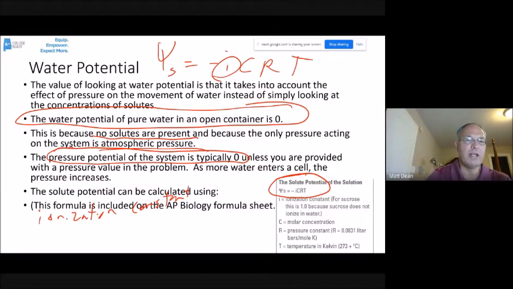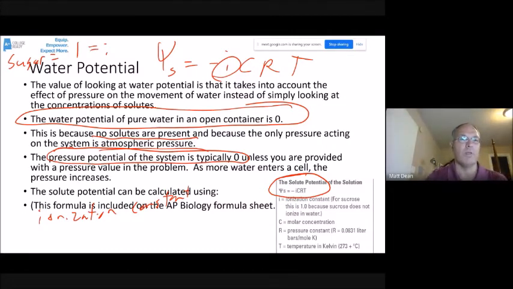Here's what you really need to know for AP Bio about the ionization constant. If your solute is a sugar, when sugars dissolve, they don't ionize. So if your solute is a sugar, i is always equal to 1. It doesn't matter what sugar